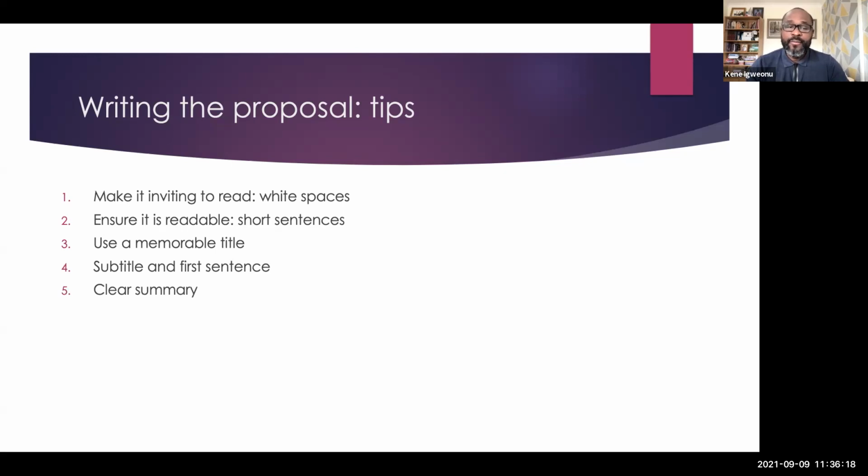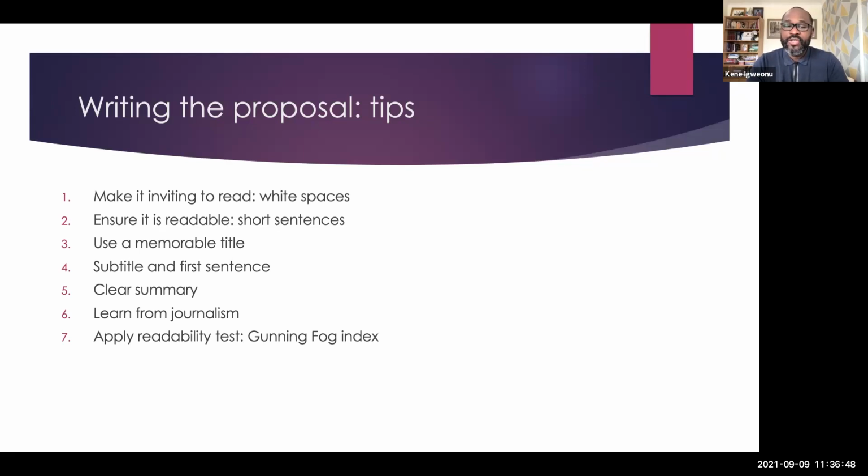Have a clear summary. I've talked about this before, making sure you have a one sentence or 2 sentences that describe your project, but also having a clear summary. Often funders will ask you to write a summary that describes your research in layman's terms for the public. So make sure you have that as well. And learn from journalism, how they articulate and write for the general public. You're not just writing for the expert in your field. That's in terms of your summary.